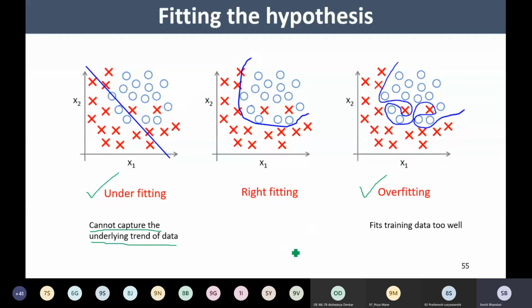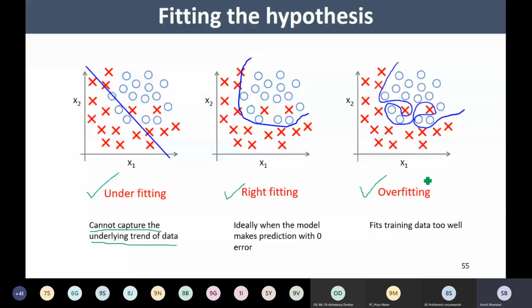So what do we mean by right fitting? Right fitting is ideal, or it is a kind of expected model or expected hypothesis that we may have, right? So ideally, when the model makes predictions with zero error,